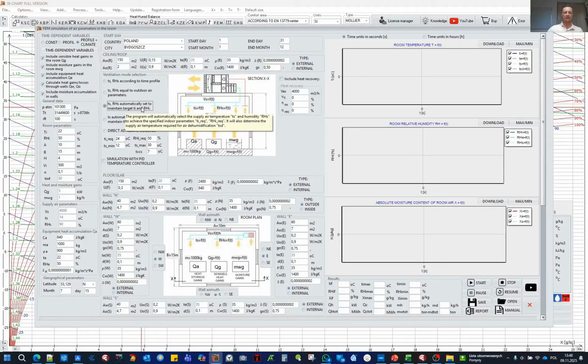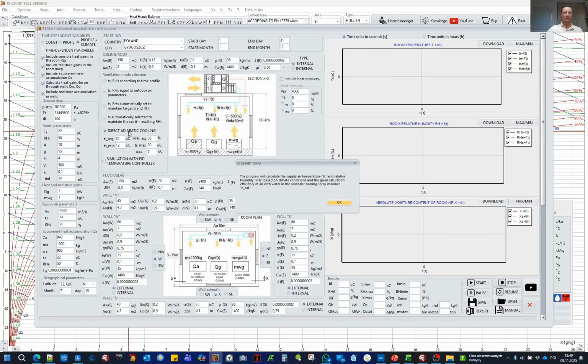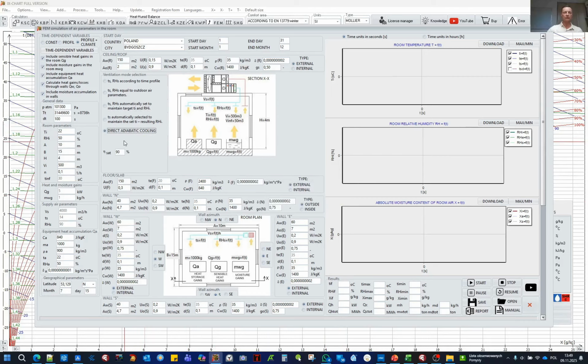Because the dehumidification process involves deep cooling and then reheating this air to the supply temperature, which is necessary to additionally remove heat gains from the room. There is really a lot of fun with these calculations. And the last calculation mode is the mode related to adiabatic cooling. Here I think it will also be very helpful